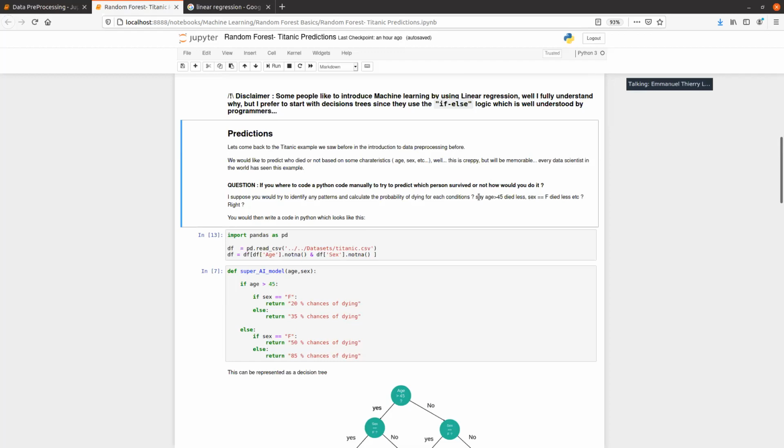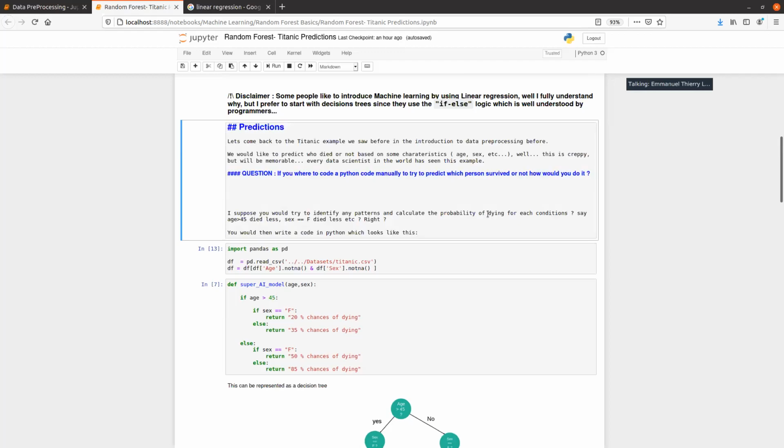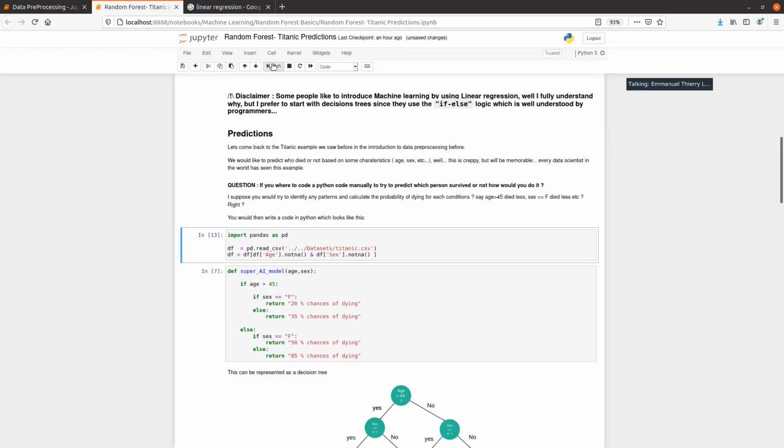If you rank all those features or dimensions according to how much they impact the end result, which is whether the person died or not, you can start doing some conditional algorithm that takes those as parameters.